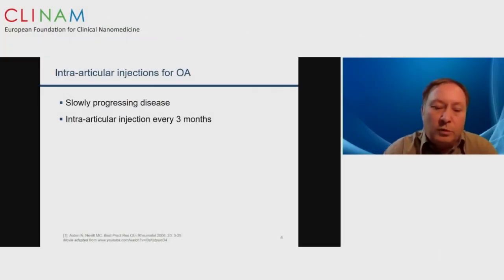We need to comply with some requirements. First, osteoarthritis is a very slowly progressing disease, taking years between the onset of the disease and full cartilage degradation. Intra-articular injection may be repeated every 3 months. However, more frequent injection is not desired since it would reduce patient adherence to the treatment. It could increase the risk of infection and the treatment cost, for instance.